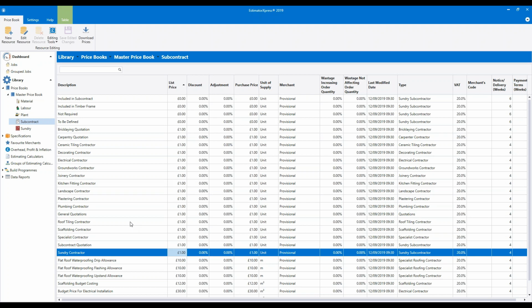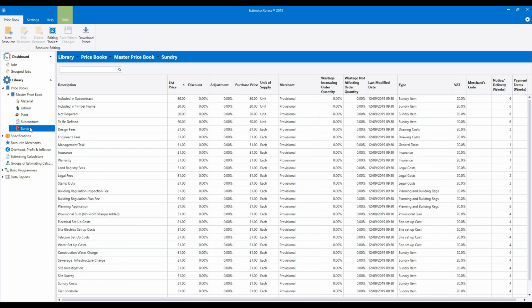Okay, so one final section of the price book to look at is the sundry section. The sundry section is similar to the subcontractor section in that it's a list of £1 people. So they are mostly people and costs used in the preliminary estimating calculator. So for assigning costs to things like structural engineers, surveyors, planning applications, insurance, and so on. So basically any costs that you as a builder are going to incur prior to construction starting, but ones that you still need to include in your quote. Unless you don't enjoy profits, but I think we'd all like a little bit more on that front, really.